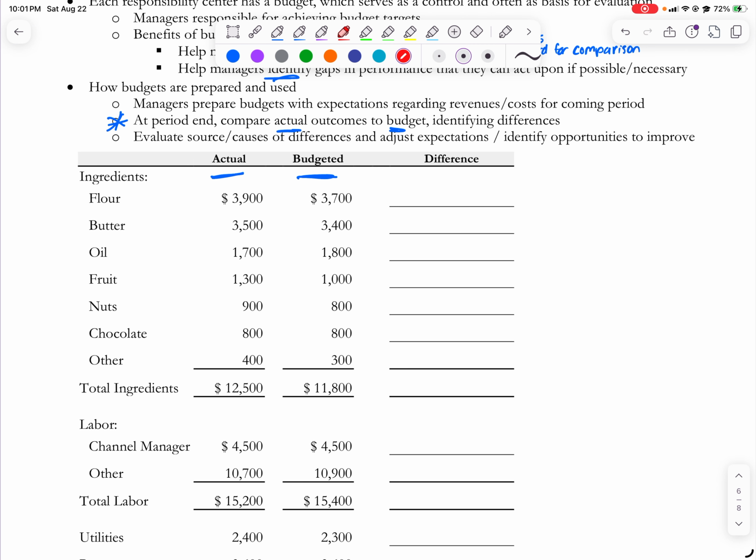So I thought I was going to spend $3,700 for flour. I ended up spending $3,900. So I spent $200 more. My actual costs were $200 higher. That would have a negative effect. For butter, I thought I was going to spend $34. I ended up spending $35. Once again, I spent more. That would have a negative effect